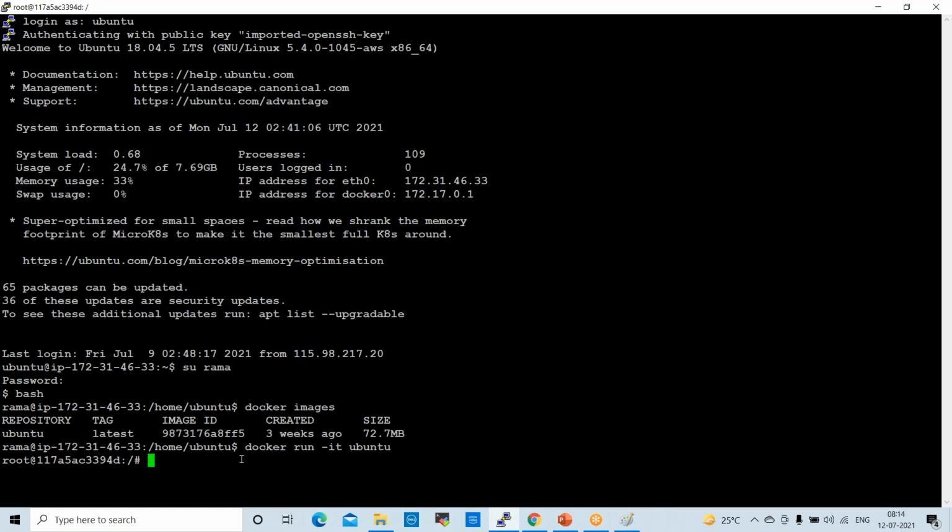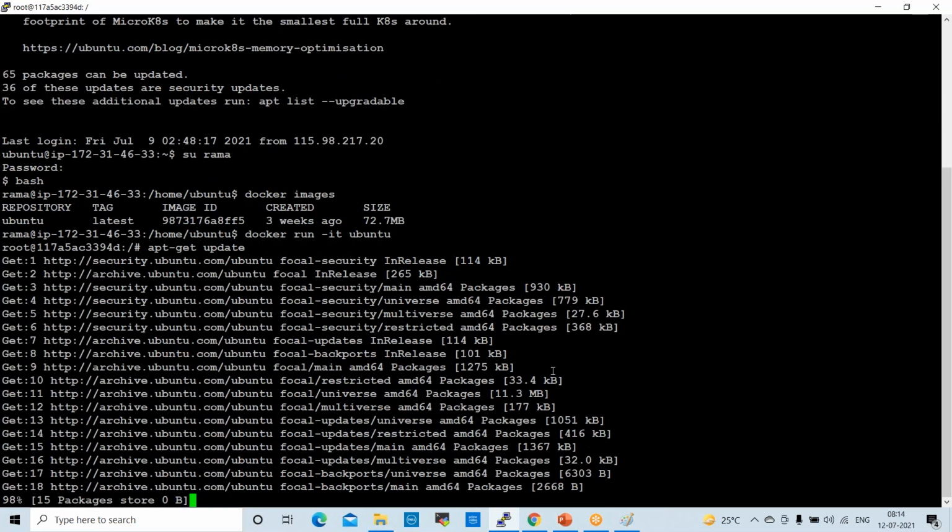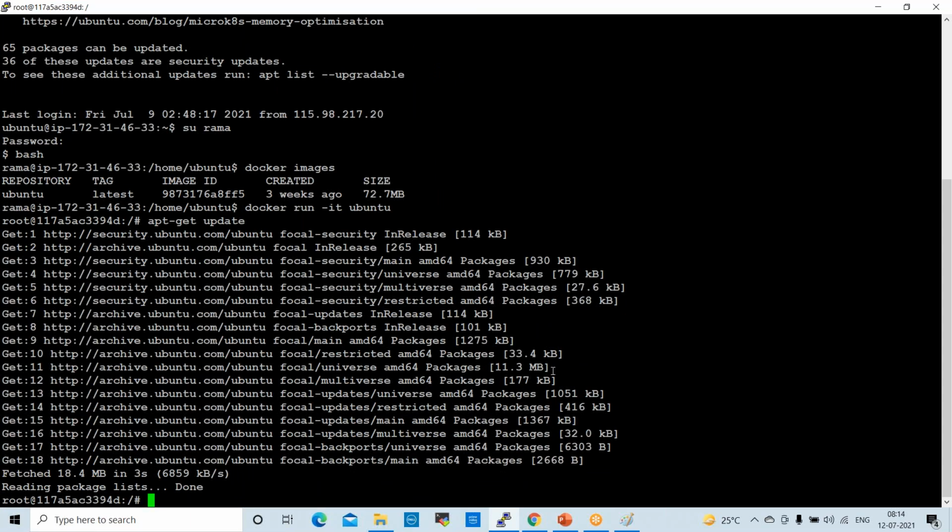The same way here also, first we need to update the internal repository. The command is apt-get update. So we are updating the internal repository in the container. Enter. Now it is updating.